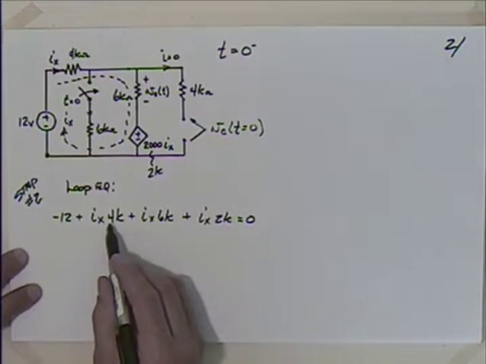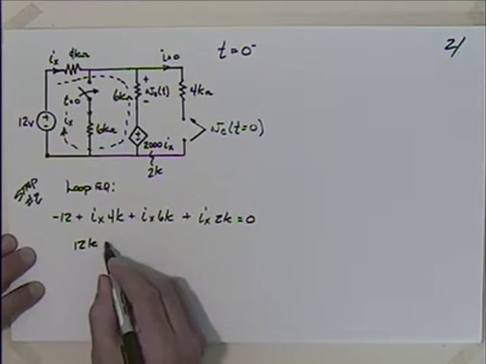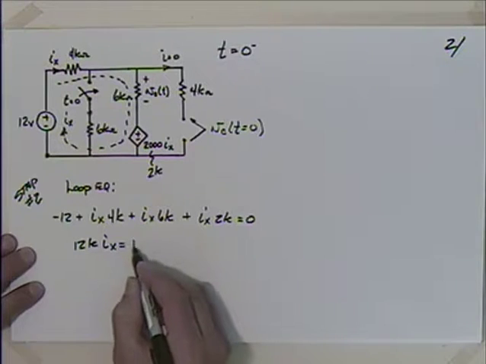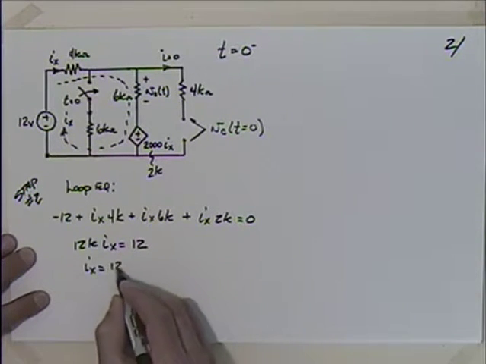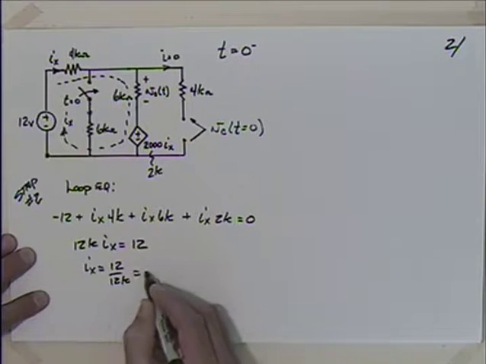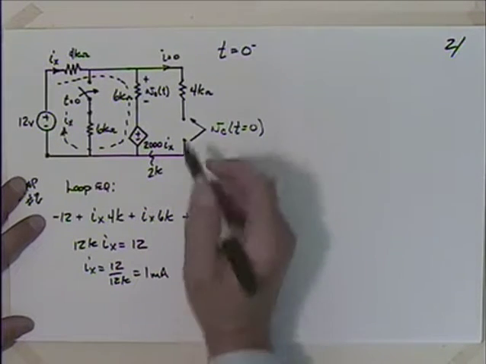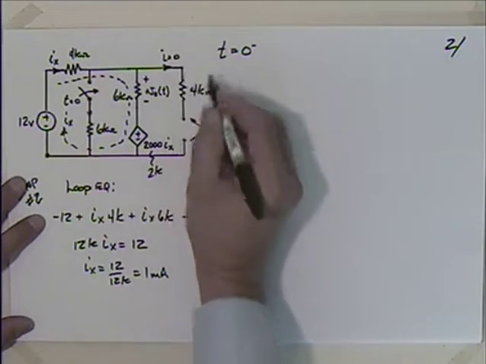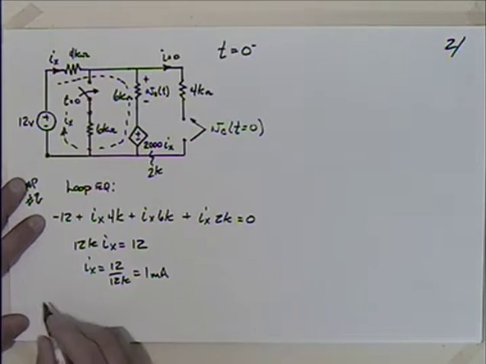So I've got 4k, 6k is 10k, 12k, Ix is equal to 12. That goes over to the other side. So Ix is equal to 12 divided by 12k, which gives me 1 milliamp. Now I can say that the voltage across the capacitor, because there's no current going through here, so there's no voltage drop across this resistor,